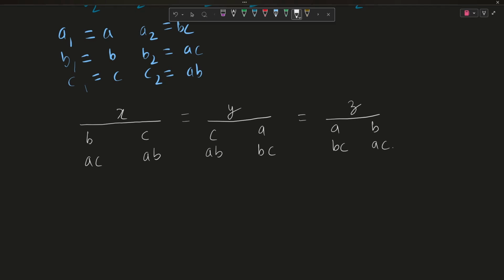Okay, so this has been transformed into what we wanted in the formula, as we are using two equations